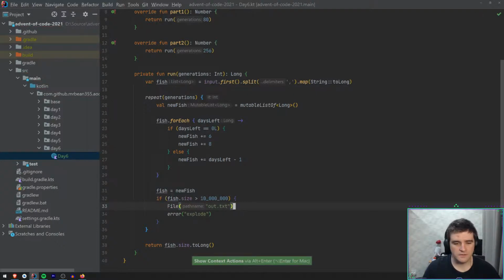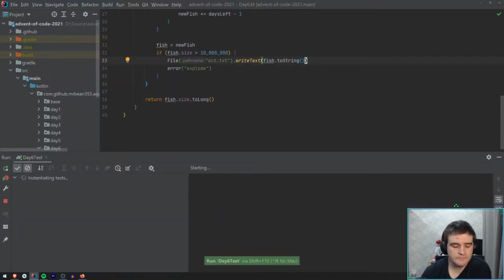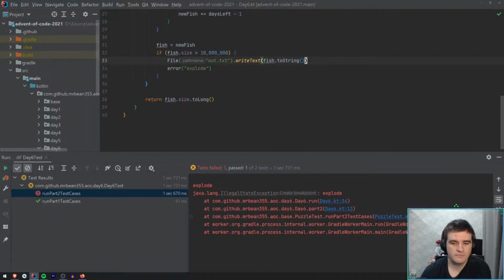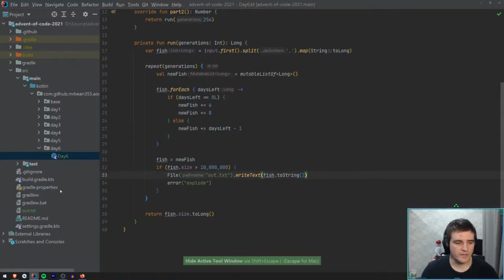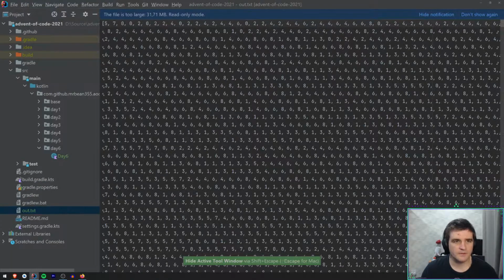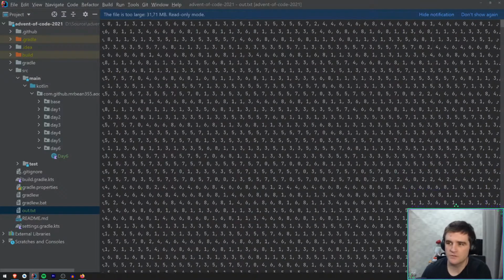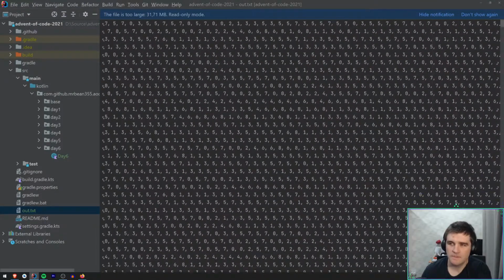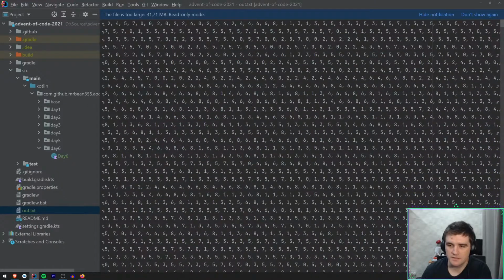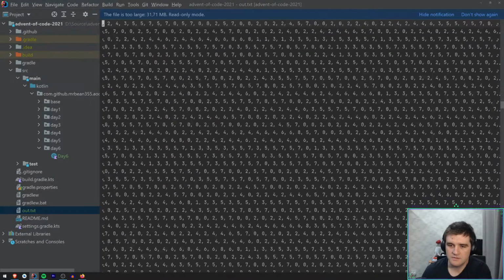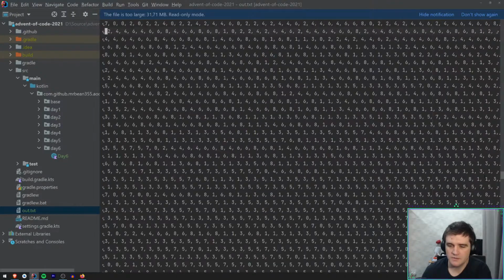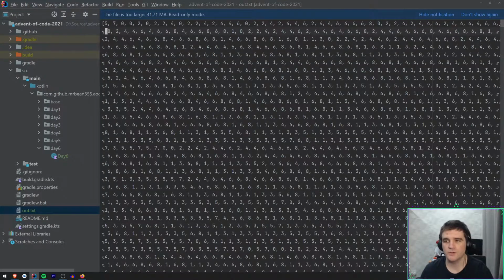out.txt, write text. This is going to be bad. Okay, let me have it. Okay, 30 megs. That's not too terrible. I mean, considering it's just integers, it's pretty bad. Holy cow. But that's fine, because now you could load that